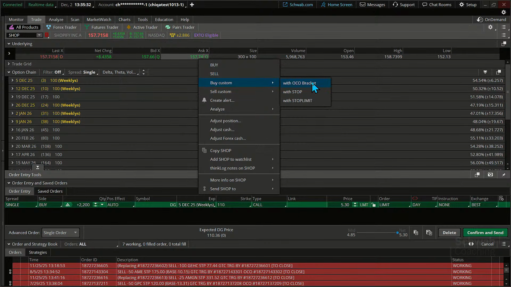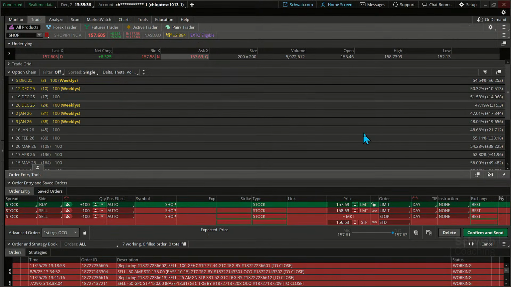All right, here's the OCO bracket order right there. One cancels the other is what that refers to. And the first thing I'm going to do is adjust my position. I'm going to link this up, so I clicked on the little link button. I'll go to 50, tab through. So we can start off with 50 and we can always add to this if we get a hold or it breaks the recent high.